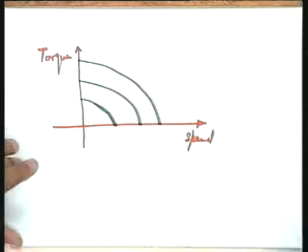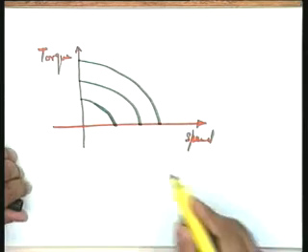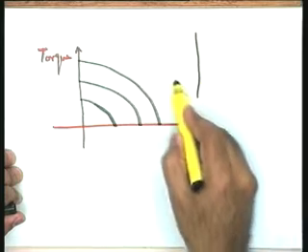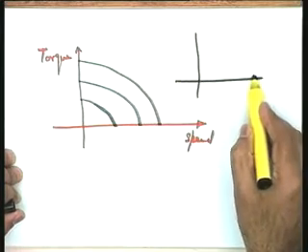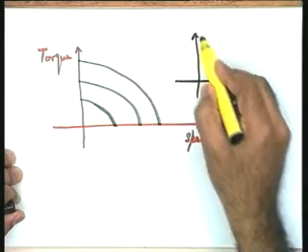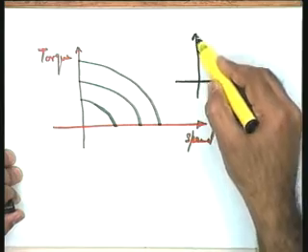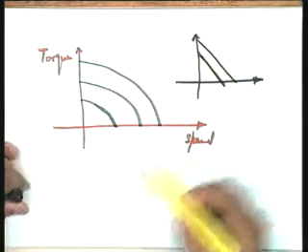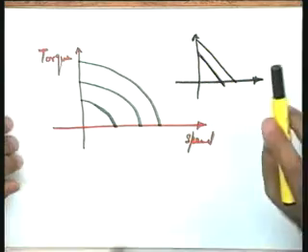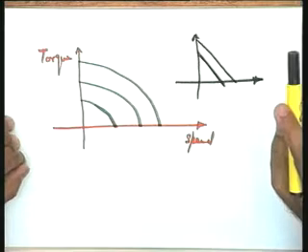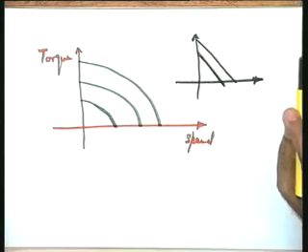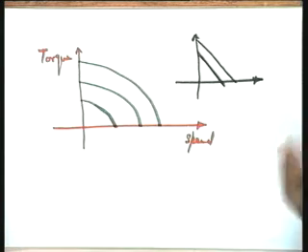Recall the case of DC motor. In the case of DC motor, let me just show it in a separate window arrangement. Here it is the speed, it is the torque. The torque speed characteristics are almost linear. So it means a DC motor is a linear device, while an AC motor is a non-linear device. A positive point for selection of the DC actuators, because your mathematical model will be linear in nature.